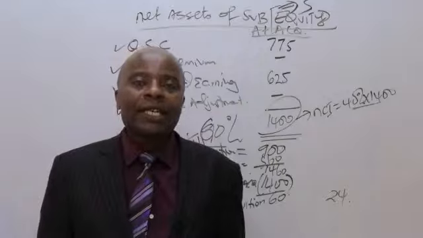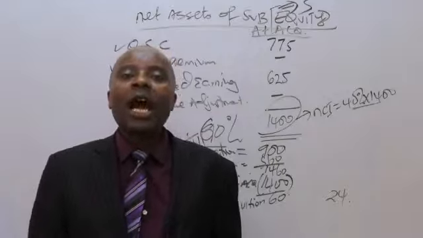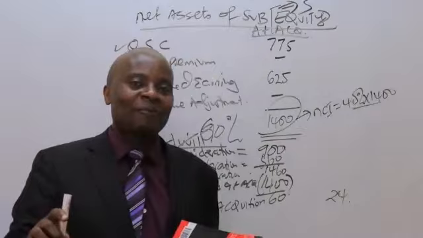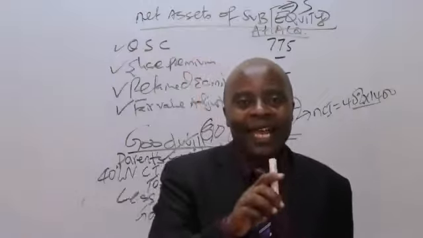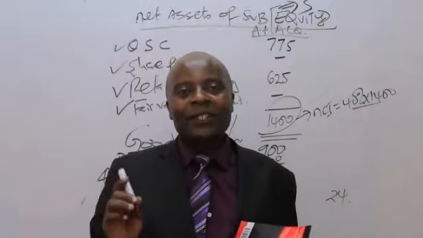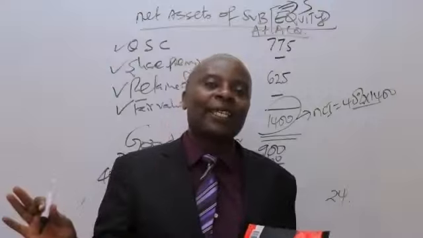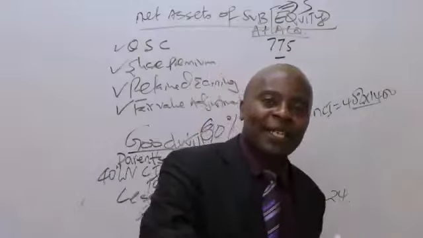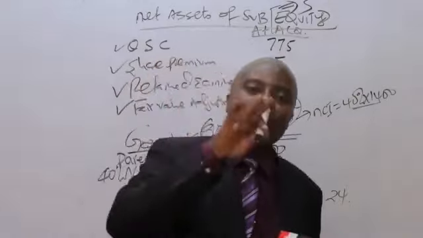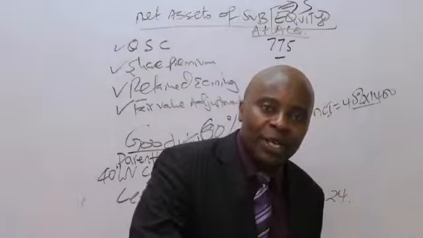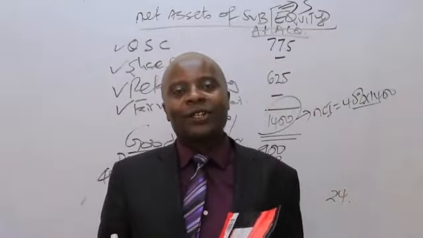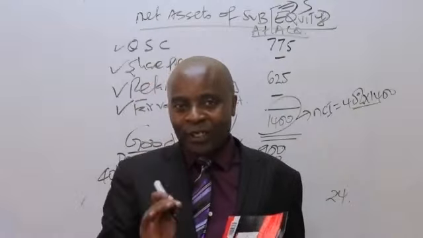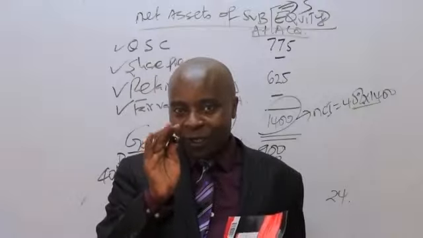of a subsidiary. Either you've disposed it fully, or you are moving from control to no control. I had 60%, I sell 30%. If I sell 30%, then I'll be left with 30%. 30% is an associate. So I'm moving from subsidiary to an associate. That is what we call movement from control to no control. That one, you need goodwill